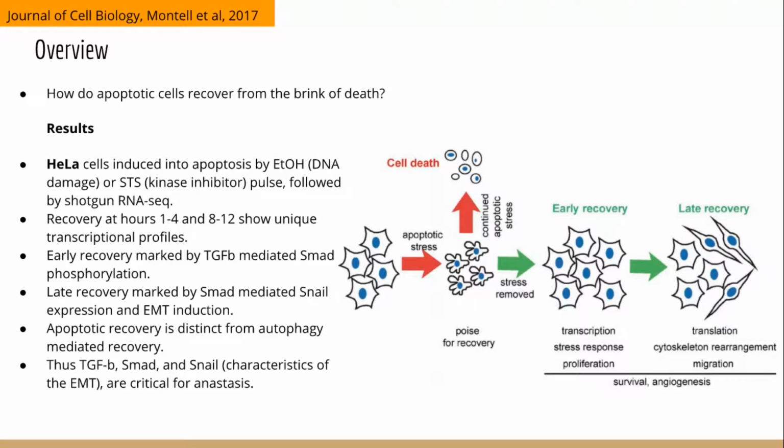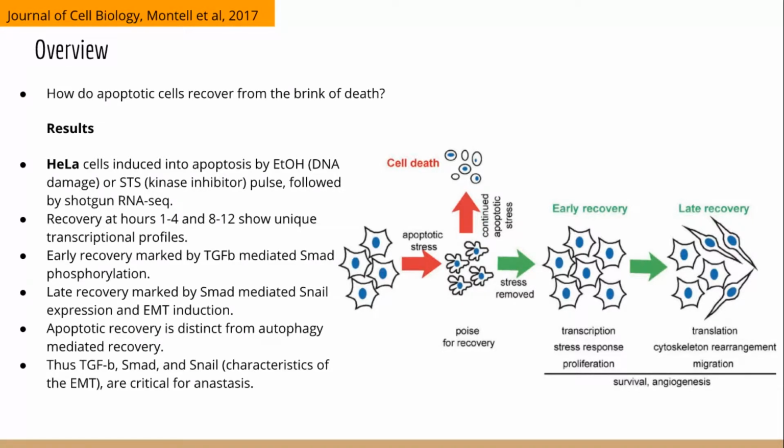So they found that inhibiting the entrance into the EMT essentially blocked cells from recovering. So in other words, recovering from the brink of death hinges on TGF-beta induced snail expression. They also noted that autophagy mediated anastasis, so recovering from severe starvation marked by upregulation